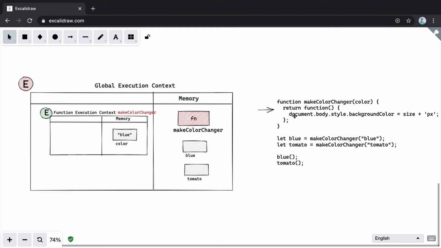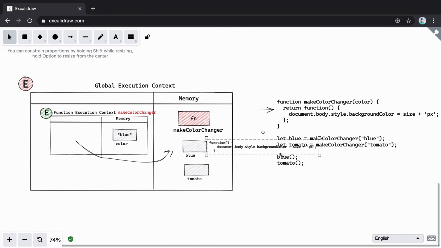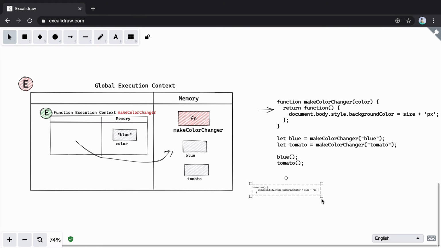And now what we are doing from this function is we are returning another function from here. So we'll return this function, and whatever gets returned from here will be stored in blue. So in blue, we will have this function. So I'll just copy this and paste it here. So we understand this is the function that we get returned. I'll make it smaller. We can see the bigger version here, and I'll just make it smaller so we can understand it. Or just let it be here.